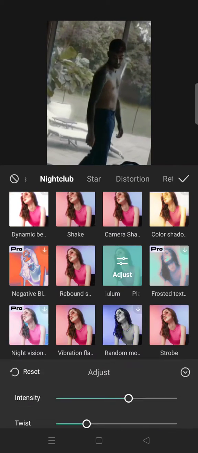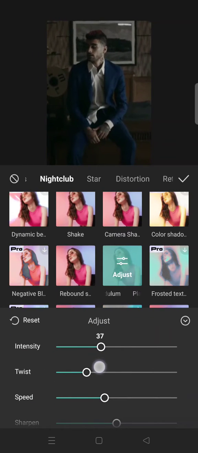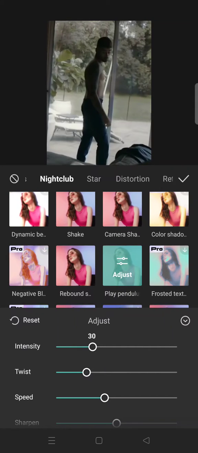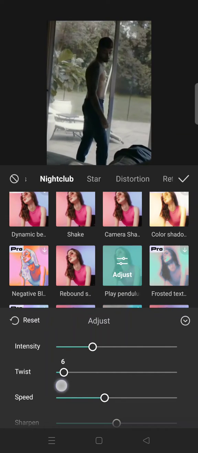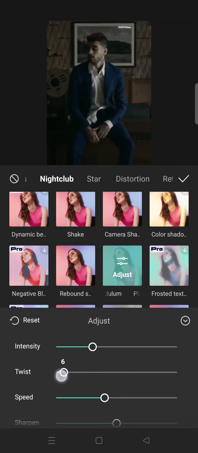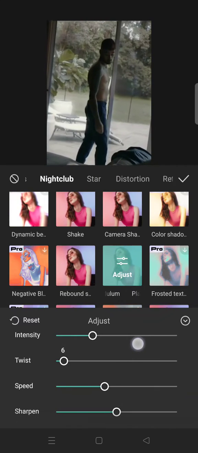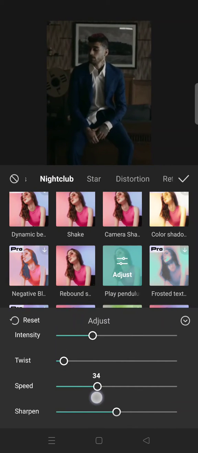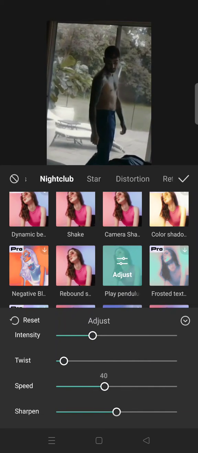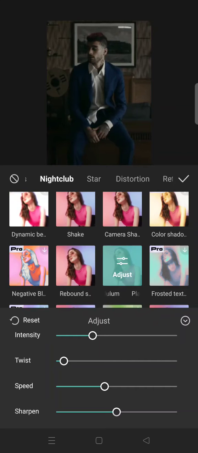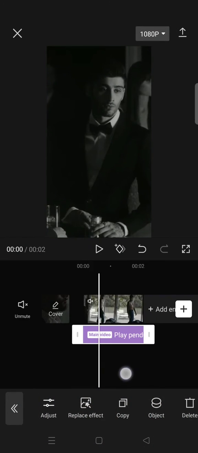Okay, this one, and adjust the effects like this. So for the intensity, lower it to around 30 and then twist 5 and then speed 40, sharpen 50. Go back and then click on the check icon and make sure that the effects apply to all